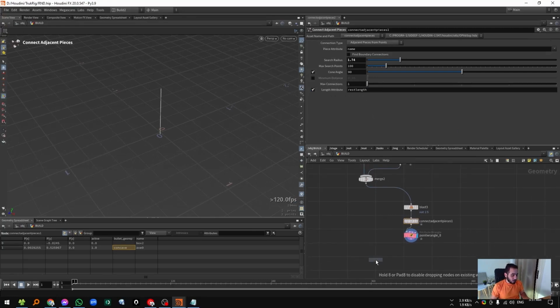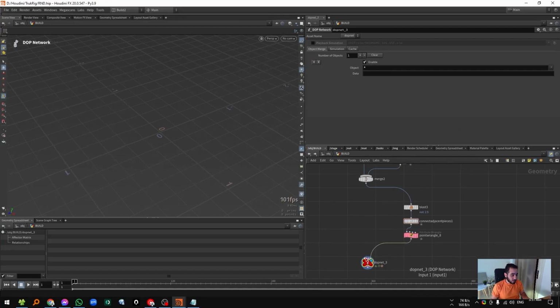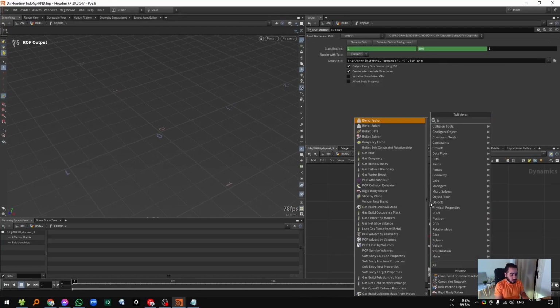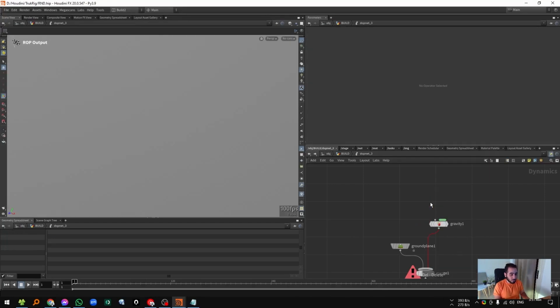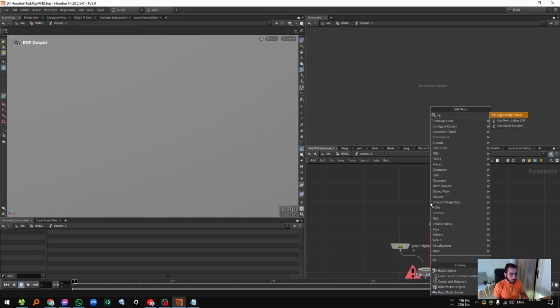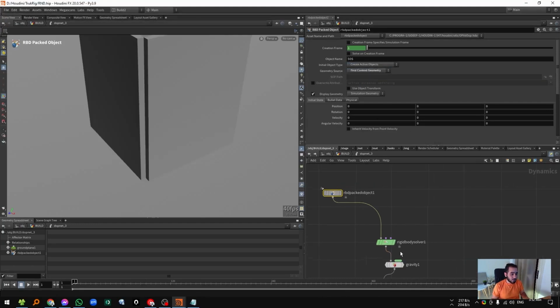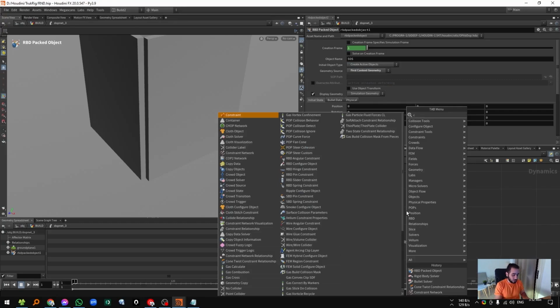Now I can make a lop network, connect this one to this one, RBD, not rigid body, back to the object. This one should be the first context geometry, and constraint network